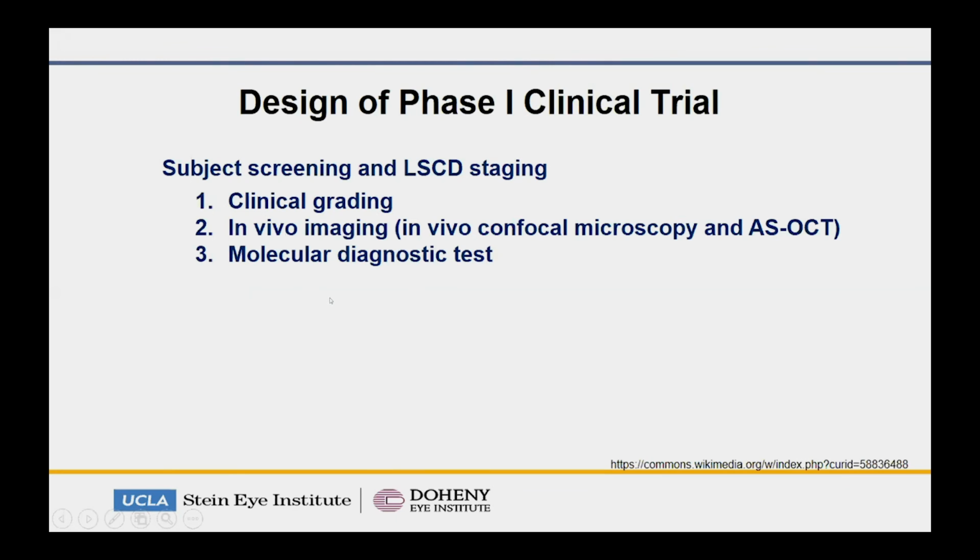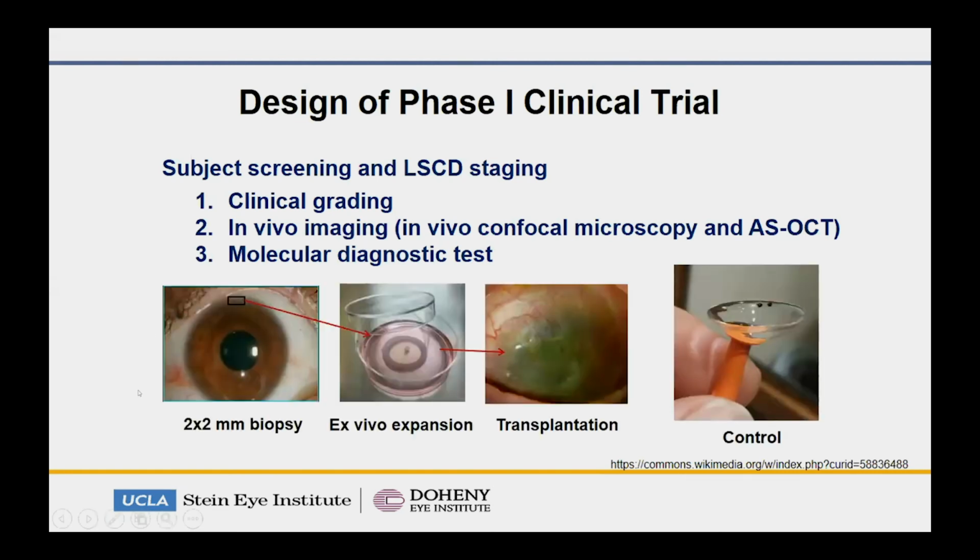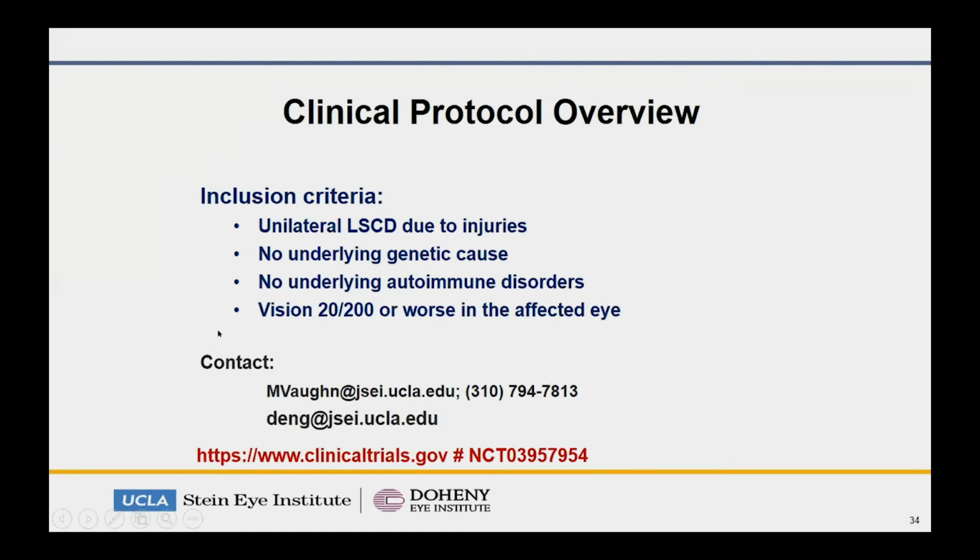The subjects will undergo screening using the clinical grading system, the in vivo imaging, and molecular diagnostic test to determine the degree of their limbal stem cell deficiency. If they meet the inclusion criteria, a biopsy will be taken from the donor eye, grown in culture, and then transplanted back to the other eye, the diseased eye. The control will be a scleral lens treatment group. You can contact our study coordinator through email or me if you need additional information, and the trial is